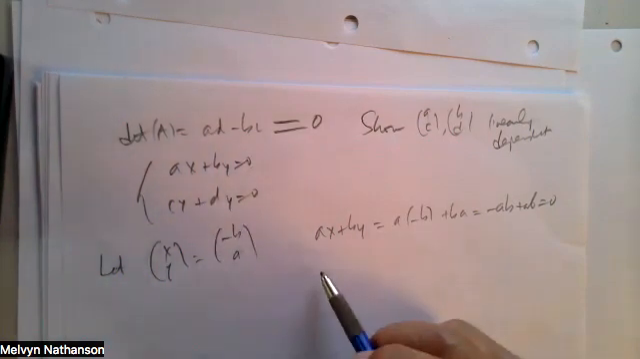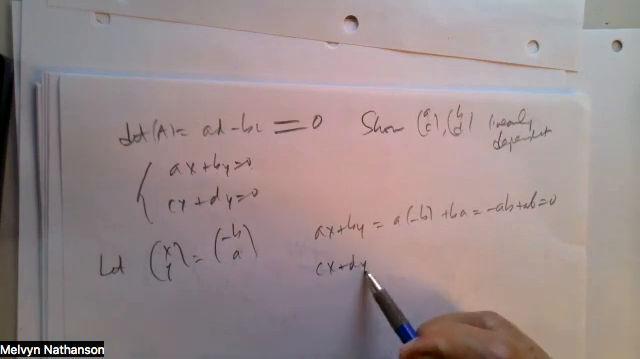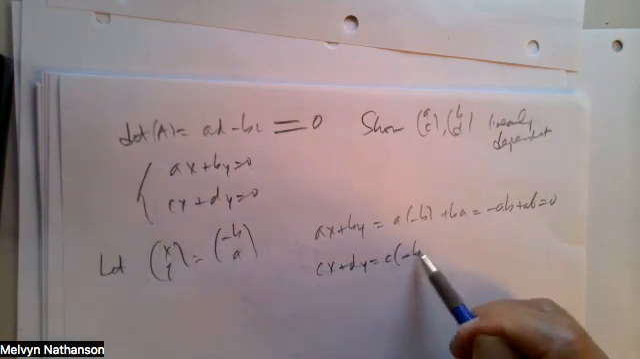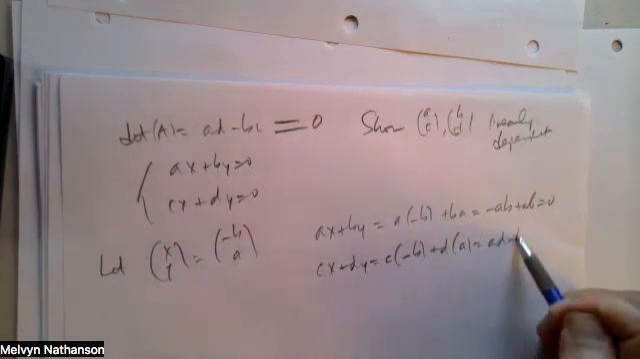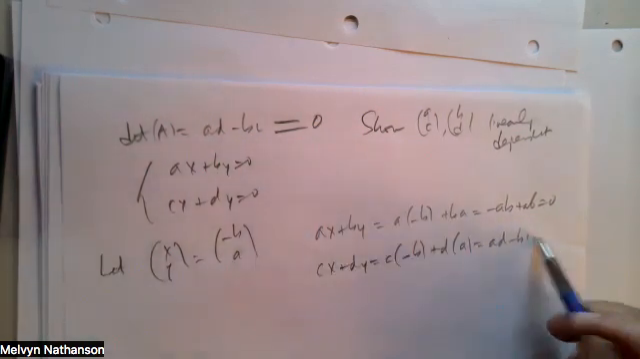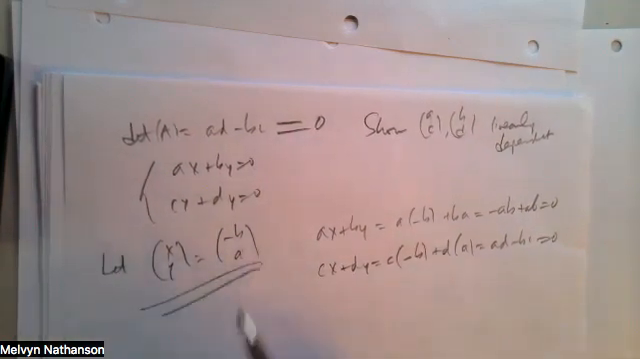What about the second equation? CX plus DY is C times minus B plus D times A. That's AD minus BC, and that's equal to 0. So this is a solution, a non-zero solution, unless both A and B are 0, right? But if A and B are 0, then